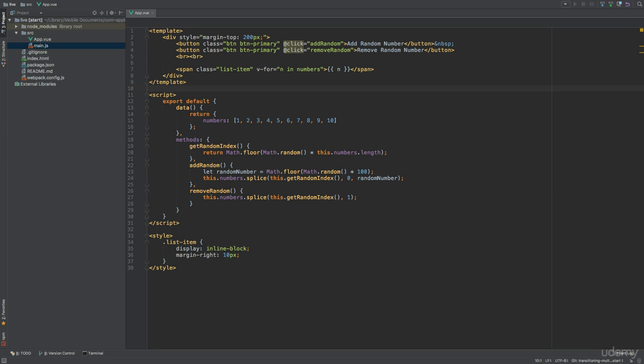key attribute with a unique value. Otherwise, Vue will issue a warning and the code will not work. This is because Vue needs to be able to uniquely identify each individual item, but we will see that in a moment. Another thing to note is that unlike the transition component, the transition group component does in fact render